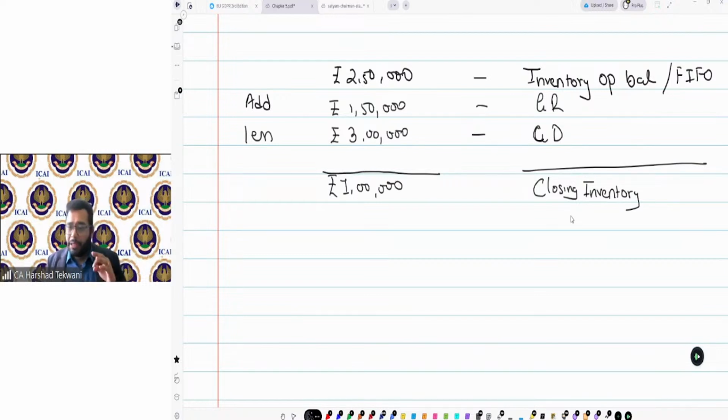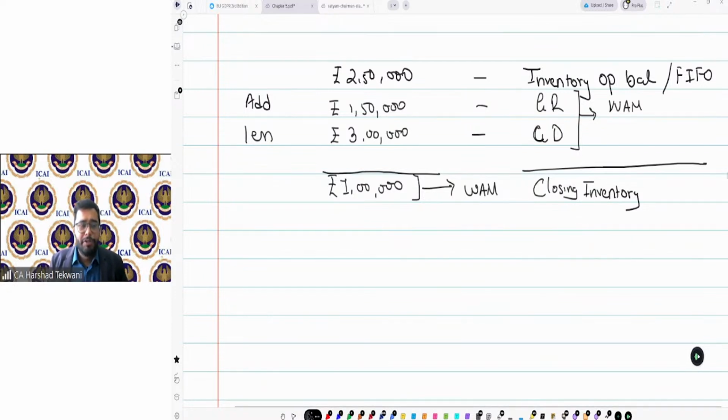Now the point is, how do I value this one? I value based on goods received and goods dispatched. What if I have calculated this not on FIFO, but on weighted average method? I am saying the value of the goods received and dispatched is calculated on the basis of weighted average method. So by default, my closing balance will become valued on weighted average method.